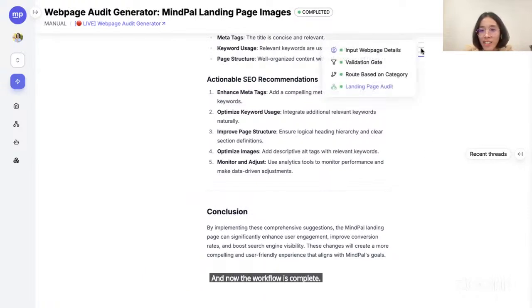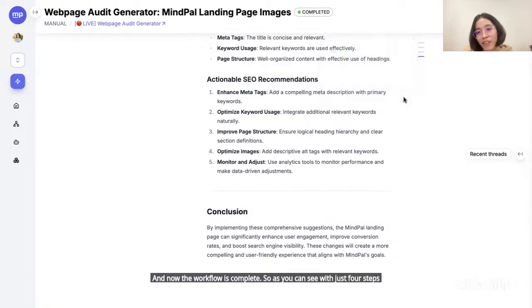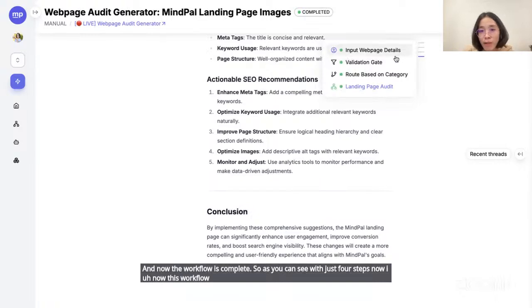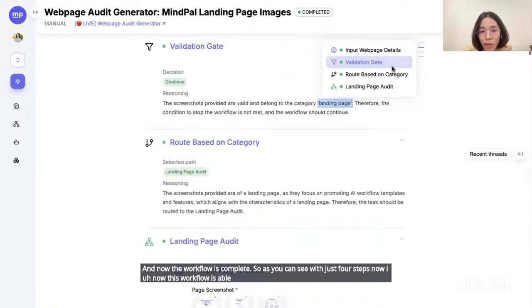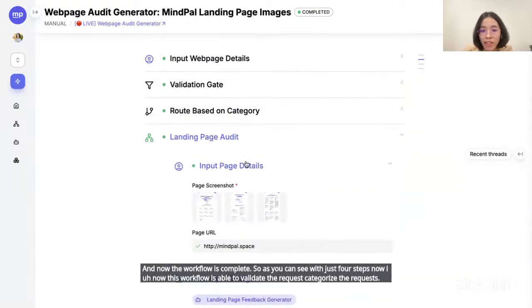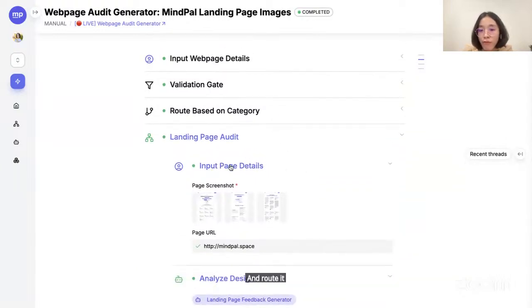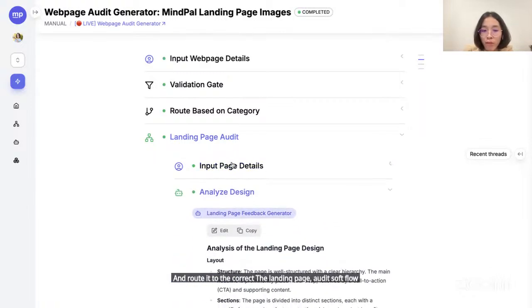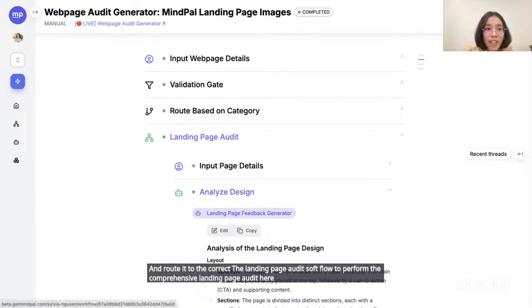So as you can see, with just 4 steps, now this workflow is able to validate the requests, categorize the request, and route it to the correct subflow, the landing page audit subflow, to perform the comprehensive landing page audit here. And if I try